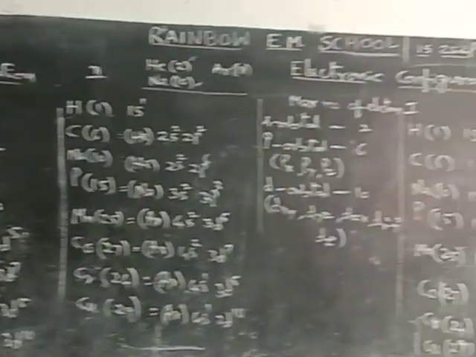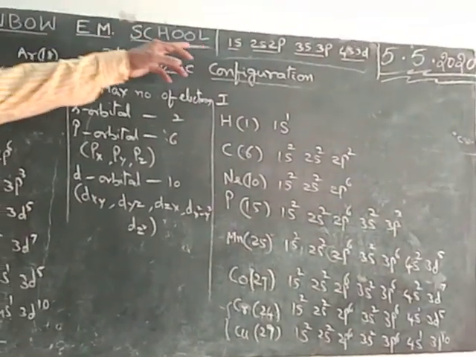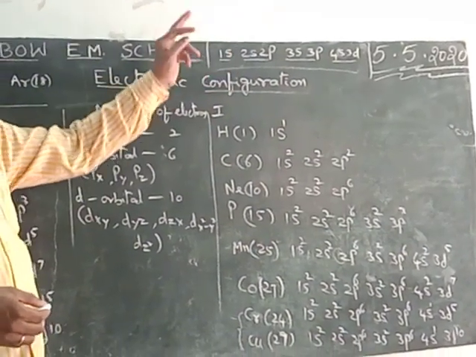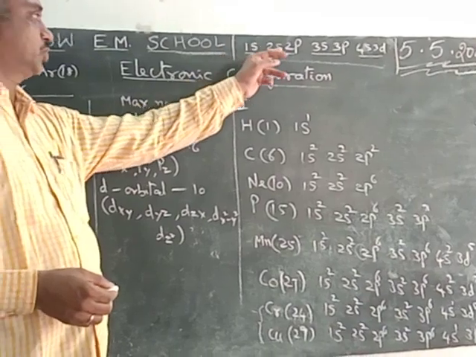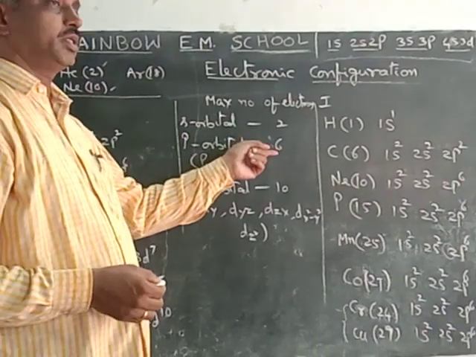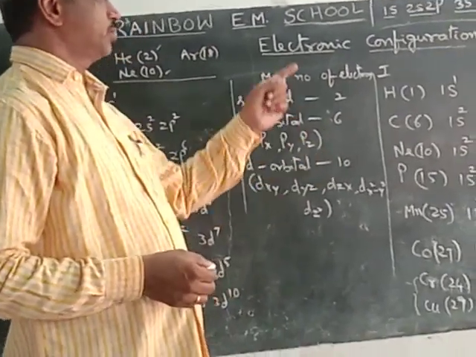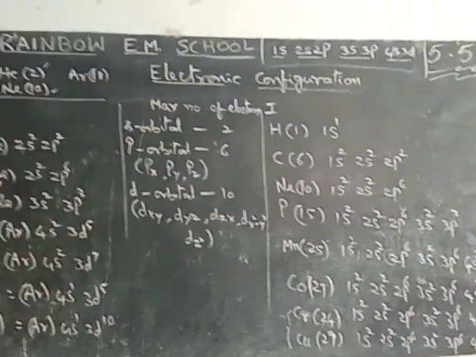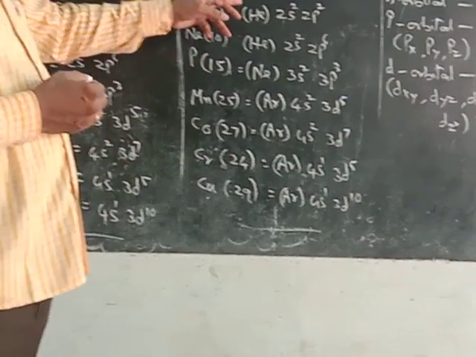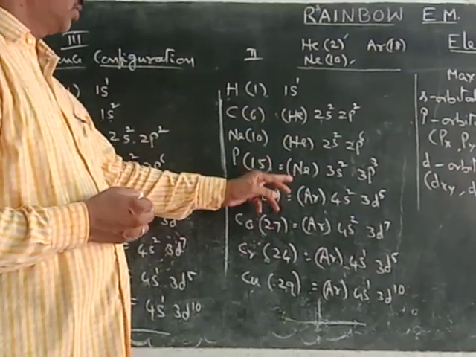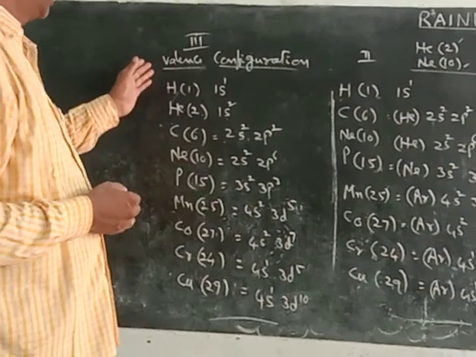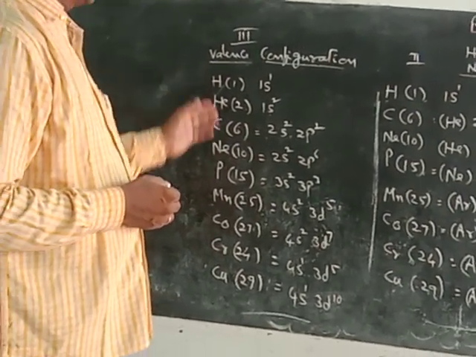The first one is electronic configuration by using the formula 1s, 2s 2p, 3s 3p, 4s 3d. The maximum number of electrons in any s orbital is 2 only: 1s2, 2s2, 3s2, 4s2, 5s2, like that. In any p orbital, the maximum is 6. In a d orbital, the maximum is 10. By using this method only we can write the configuration. In the second method, it is the same as the first, but instead of the configuration, write the nearest inert gas symbol, and after that the remaining configuration. The third one is to remove the inert gas, and the remaining configuration is the valence configuration.